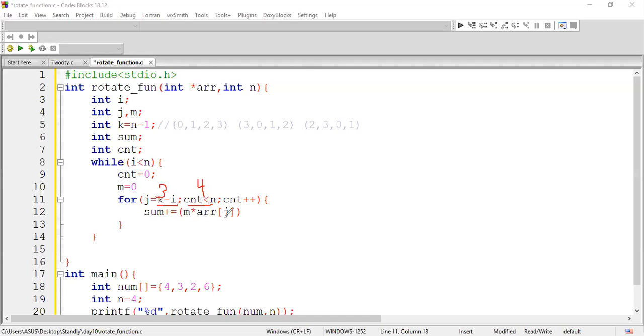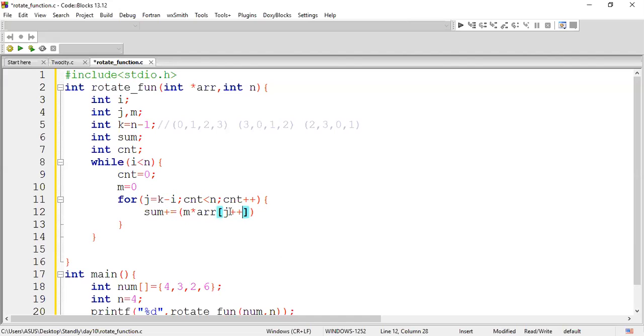Okay, for each and every iteration, what will the j value be? First it should be 3. I'm starting with this combination, guys. You can start with any combination, but as a whole I should have four sets of operations. So first 3 0 1 2 has to be multiplied. For that, what am I doing? Array of j. I'm just taking this third position value and multiplying it with the index position m. What is m here? m is 0. So now just give me a minute.